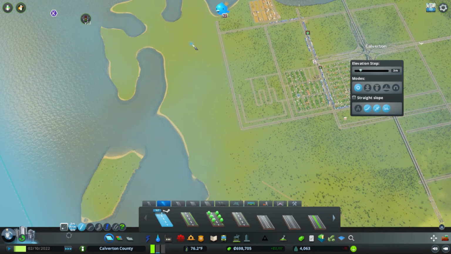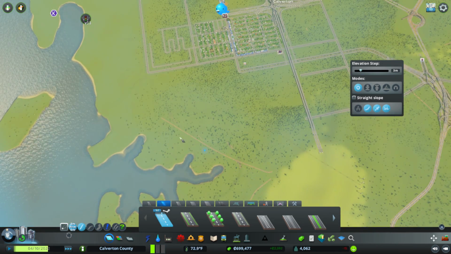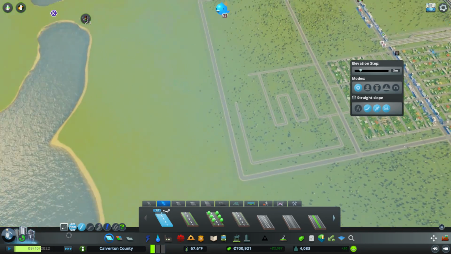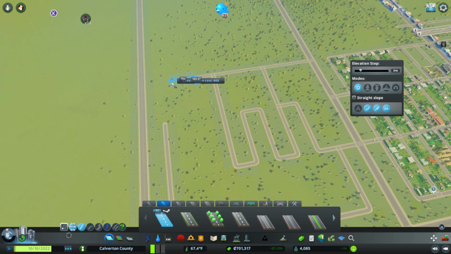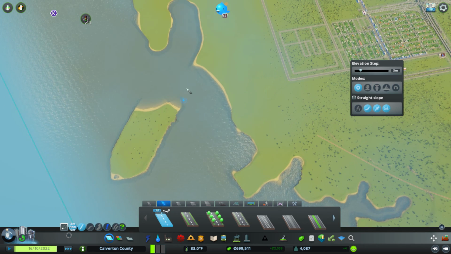Because this area, I mean, there will be a decent amount of truck traffic from the fishing villages, but there won't be that much. We shouldn't need to extend the highways down there, especially because I will be putting in port facilities. I will be putting in a port probably on this island here, on this little peninsula here, and then there will be